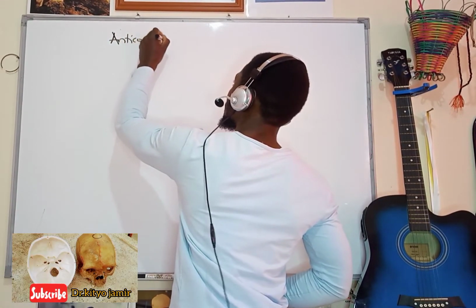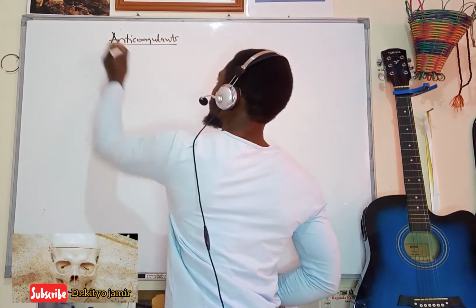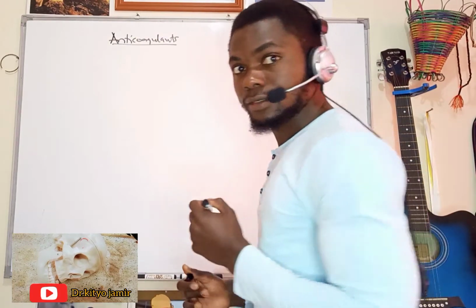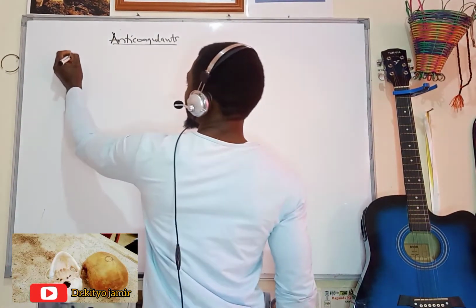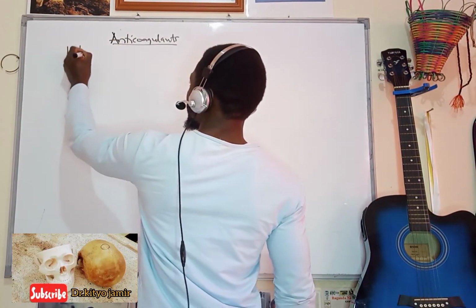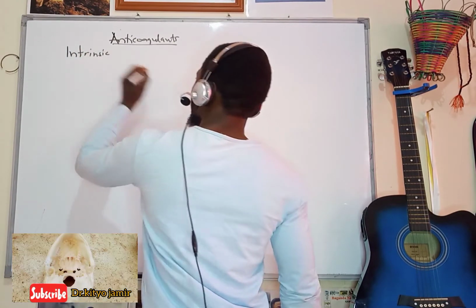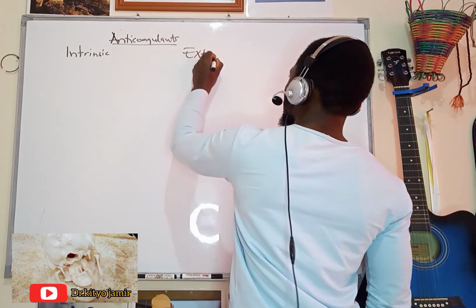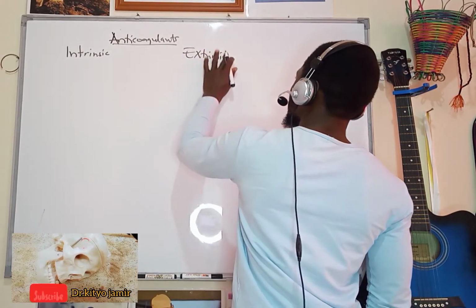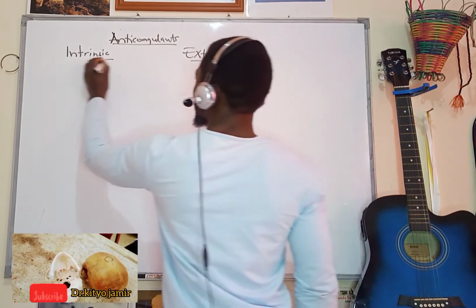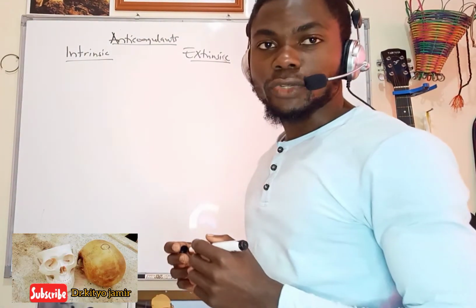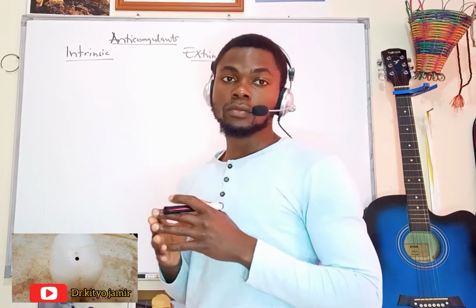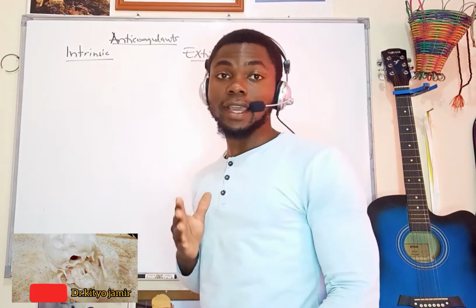Anticoagulants. We are going to first look at the coagulation cascade. So this one is divided into the intrinsic and extrinsic pathways. The intrinsic pathway is triggered by injury to the blood vessel wall, while the extrinsic is triggered by trauma